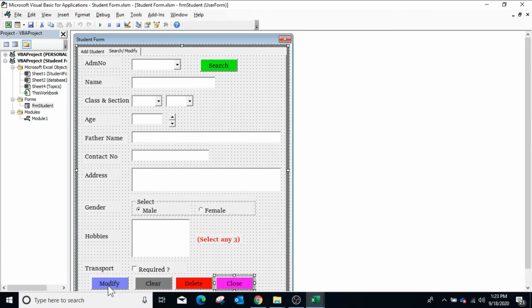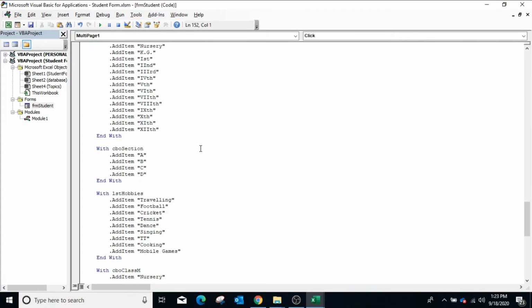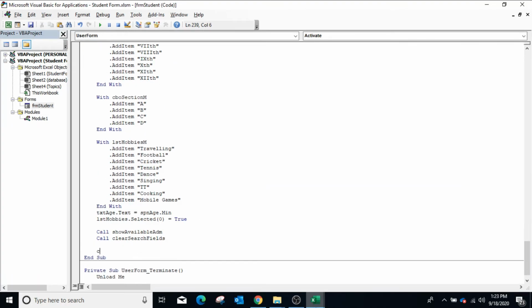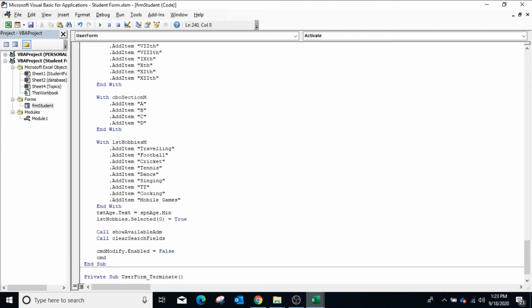Here me refers to the user form. To disable modify and delete button when user form activates or admission number changed in the combo box, in activate event of user form, cmdModify.Enabled is equal to false, and cmdDelete.Enabled is equal to false.